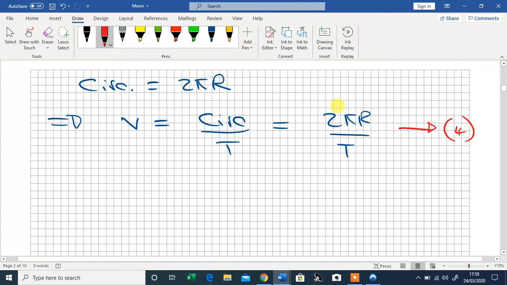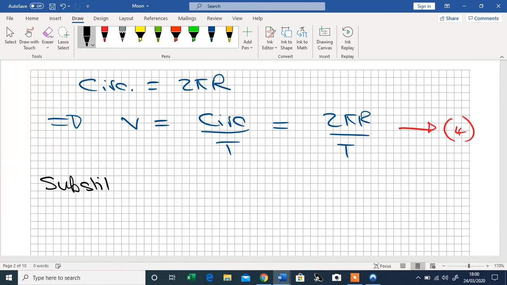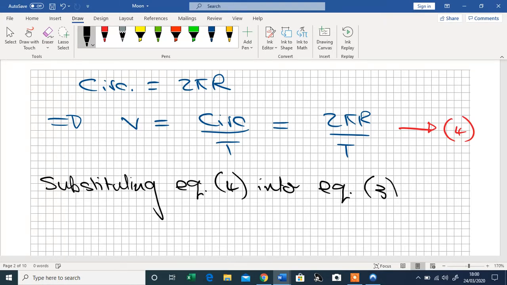If we substitute equation 4 into equation 3, we get